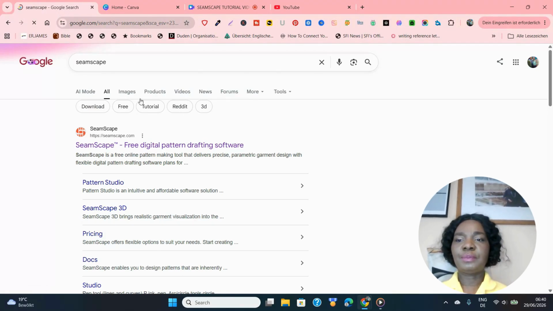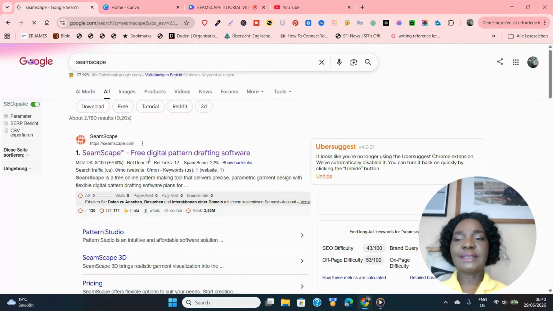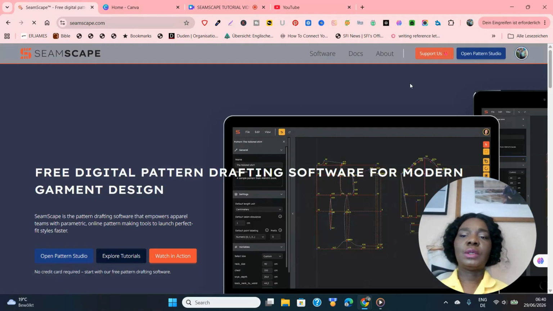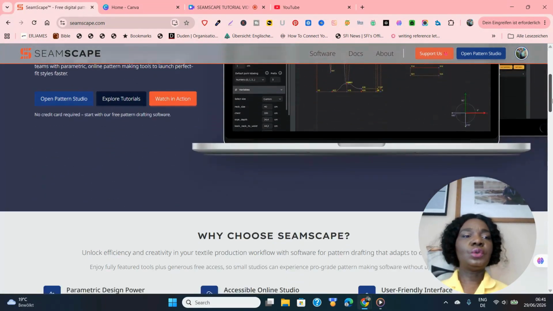So let's get to Seamscape. Once you come to Google, you put in Seamscape. And the very first one here, Seamscape free digital pattern drafting software. You click on it, and once you click on it, it takes you to their website. As I said before, when I introduced this to you in my first video, this is the second video. So if you want to really follow me along and see how you can use this to draft, go ahead and watch the first one so that you know exactly what Seamscape is all about. So once you land here,